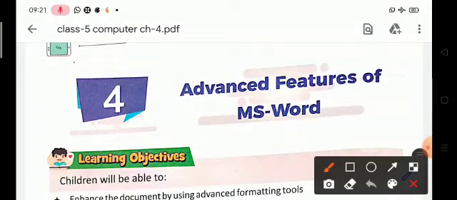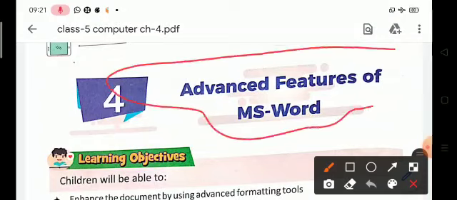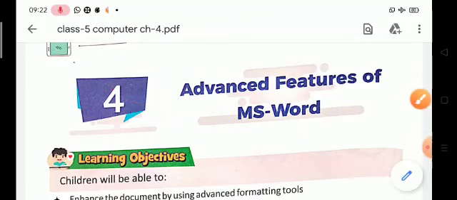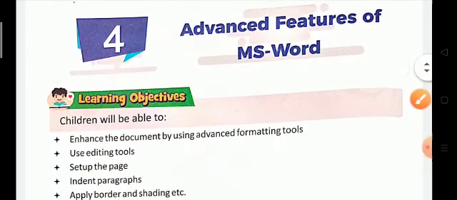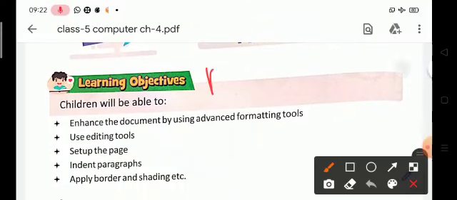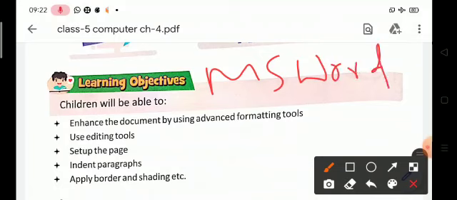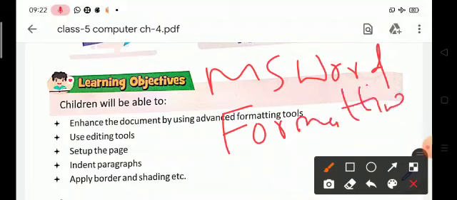So, children, let's start chapter number 4. The chapter name is Advanced Features of MS Word. In this chapter, we will be learning about MS Word, what is MS Word, and different types of formatting tools and their uses. Okay,